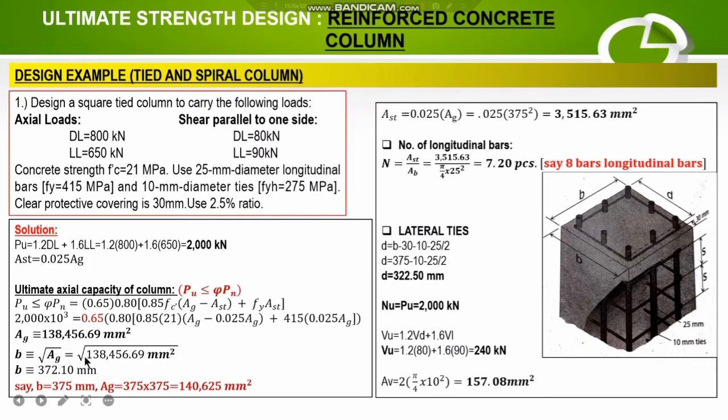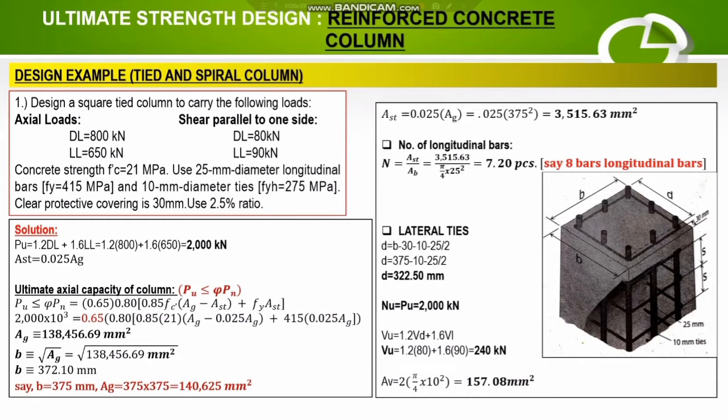Then B equals the square root of 138,456.69 mm squared. Then B equals 372.10 mm. Or shall I say, the cross-sectional dimension of B equals 375 mm, with the gross area, AG, equal to 375 squared, or 375 times 375, is equal to 140,625 mm squared. Then, after solving